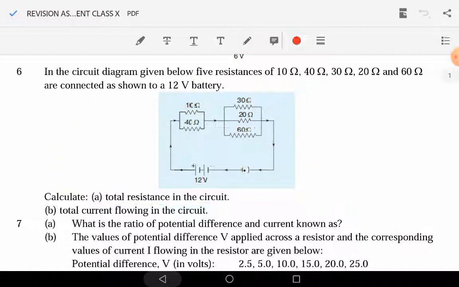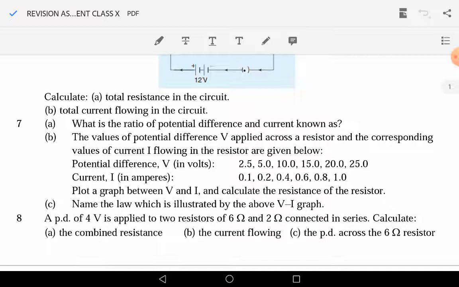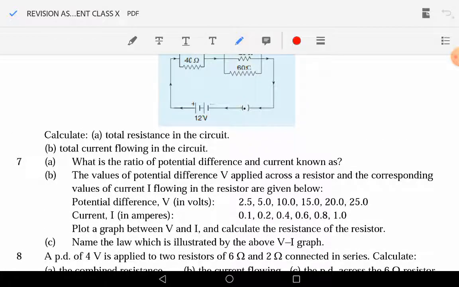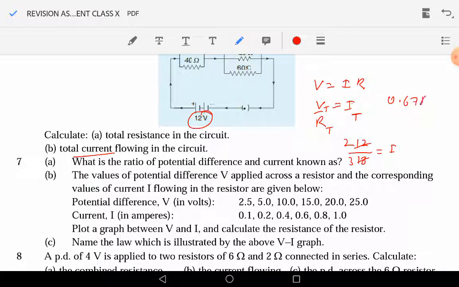The second part, they are asking that find out the total current flowing in the circuit. Now we have to find out the current. So obviously V is equal to IR. I we have to find out, it will be V by R. Now they are asking us the total value of current, so potential should be total and resistance should also be total. So what is the total value for potential? That is 12. Resistance should be total 18, and we will divide 12 by 18, which is 2 by 3. On solving it, we get 0.67 ampere as the total current that will flow, right?